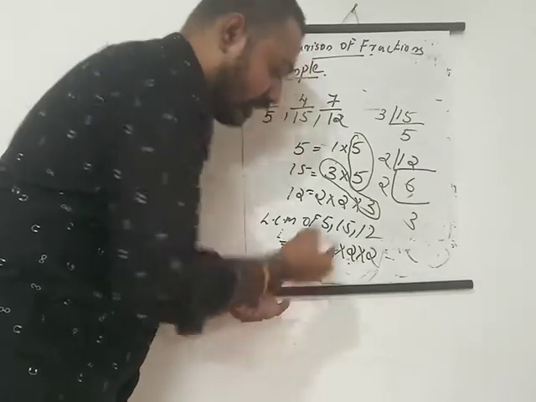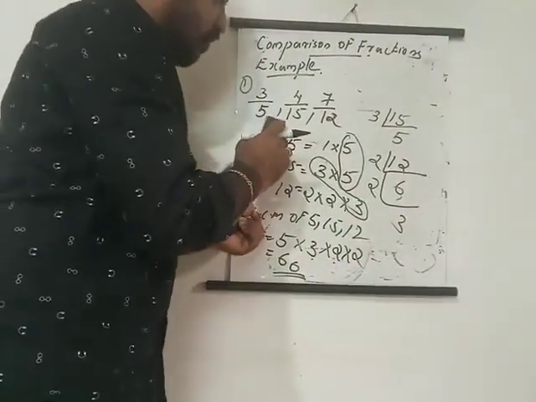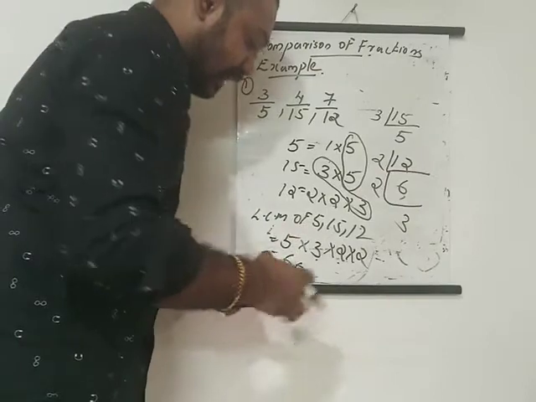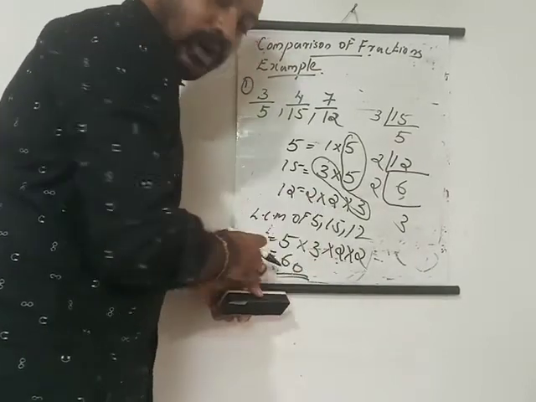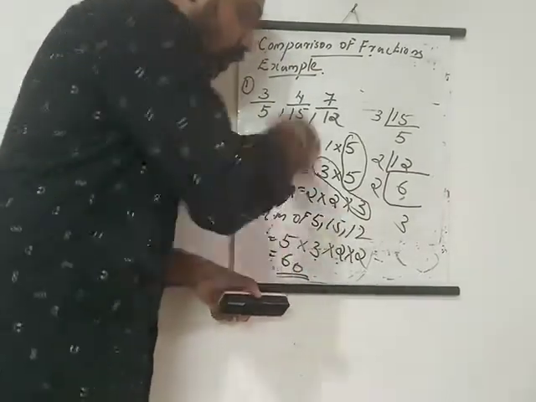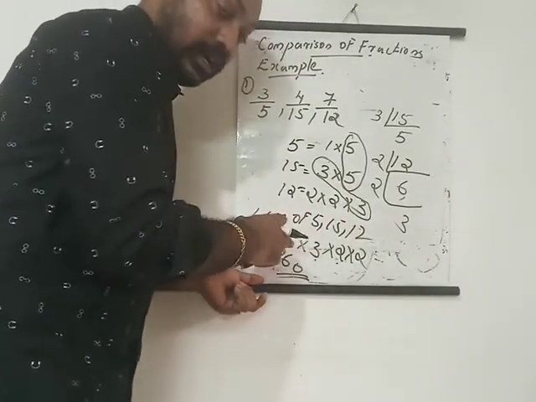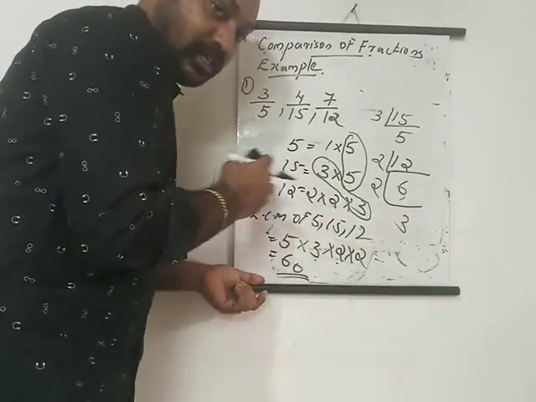Now we got what? LCM 60. Okay. So we need to convert these following fractions in terms of 60. That means the denominator is 60. That is our next step. Okay, so you understand how we got the LCM. Now I am going to explain the next step. I am erasing this one. If you need to know about this one again, you have to watch the video back.